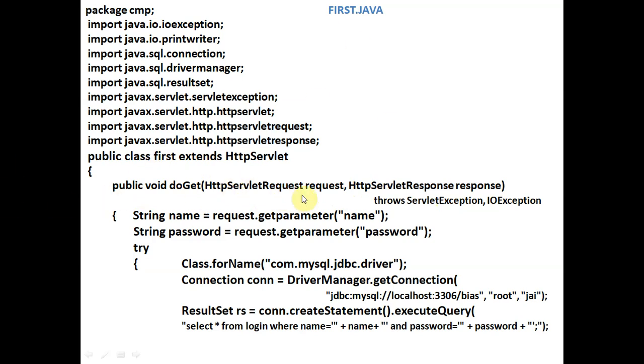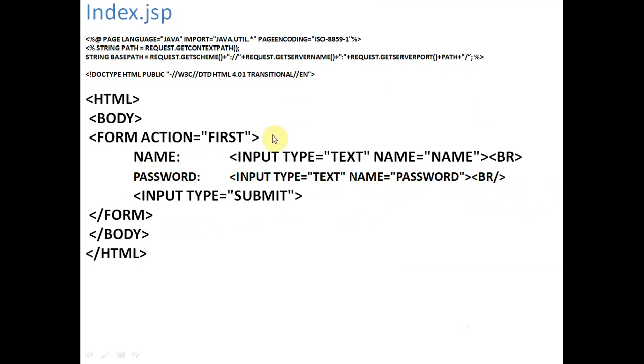We know that servlet is a request-response paradigm, so we write two arguments, request as well as response. We write doGet, and as the get method executes, it will